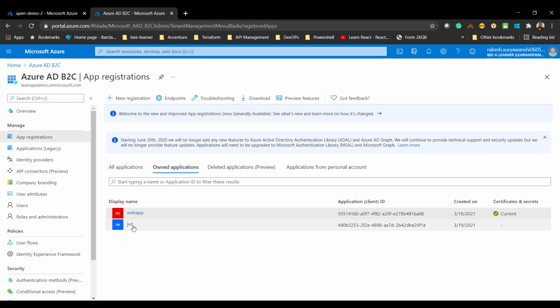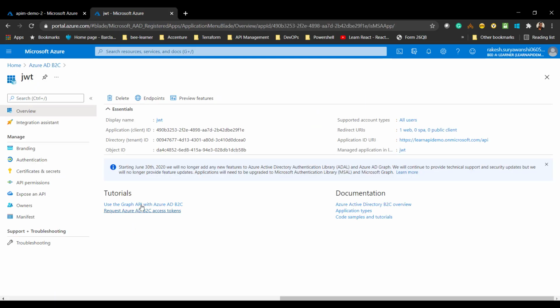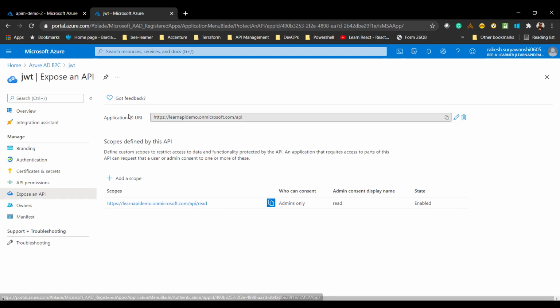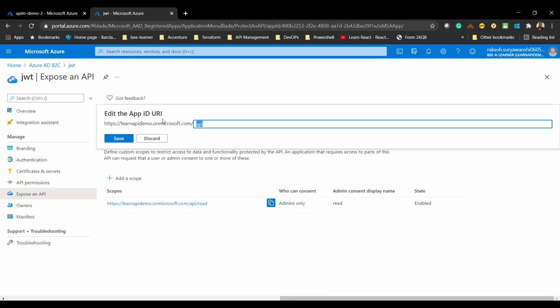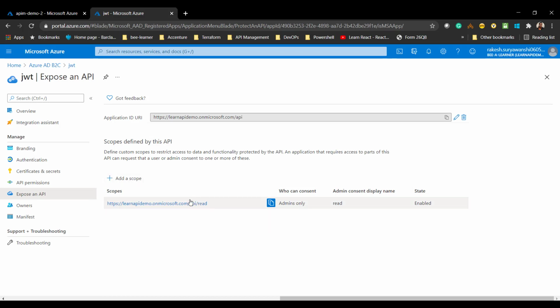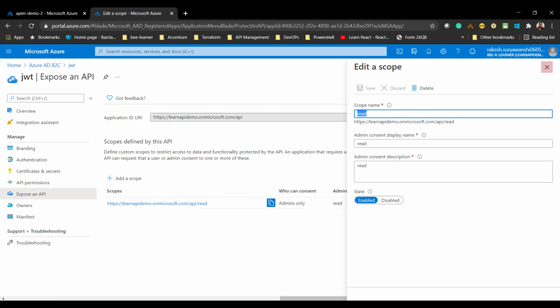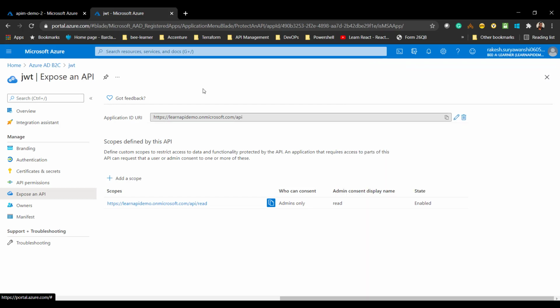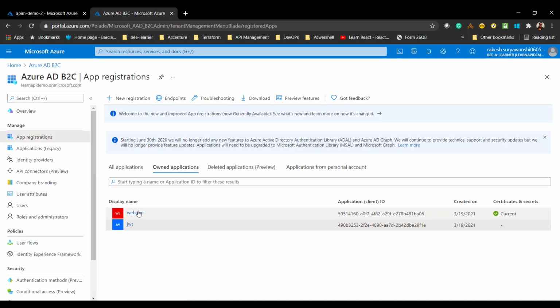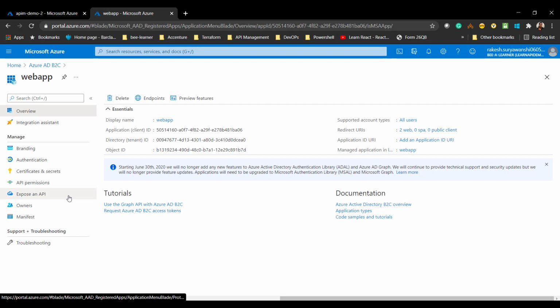So step number 1, create the app registration called JWT, expose an API, provide the URI, you can add or edit /API, and then add a scope, giving it a name such as read. Once you define the scope on your JWT app registration, which is just another app registration, it will have a delegated permission inside the main app registration.